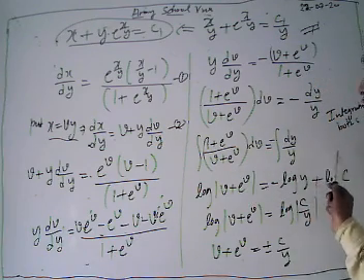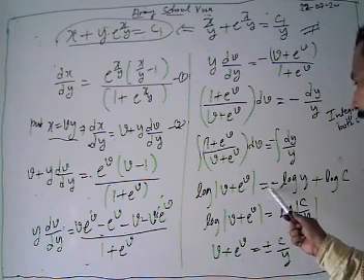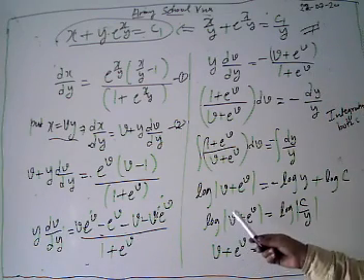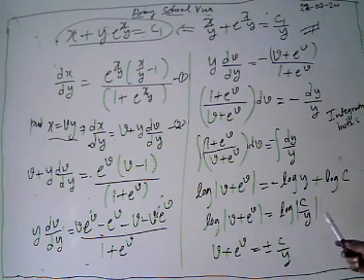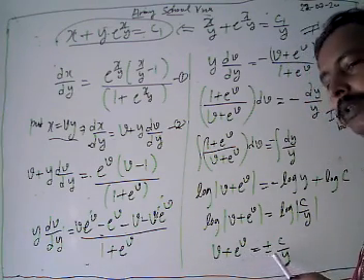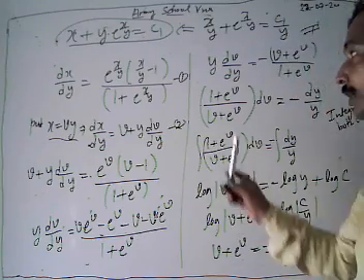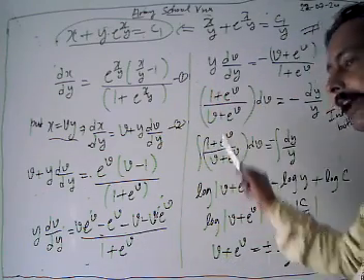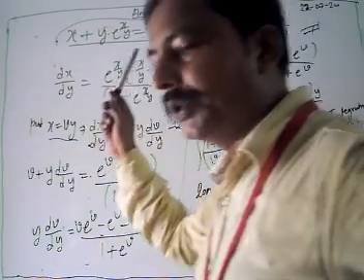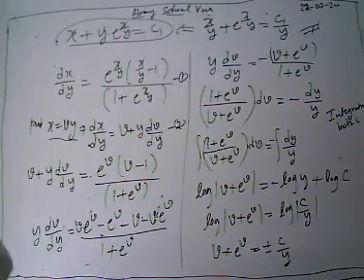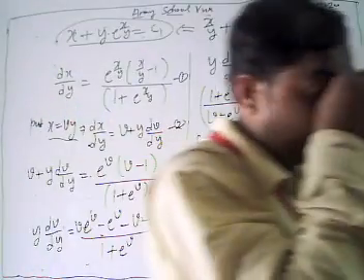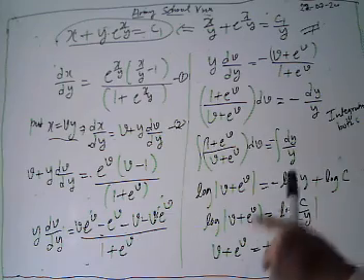After integrating both sides, we get log mod of v plus e to power v equal to minus log y plus log c. Then again log mod of v plus e to power v equal to log mod of c by y. Then finally we get v plus e to power v equal to plus minus c by y. After that we put x by y in place of v. Then the final solution is x plus y into e to power x by y is equal to c1. This is our solution. Now look, we are going to take another problem based on the dx by dy format.